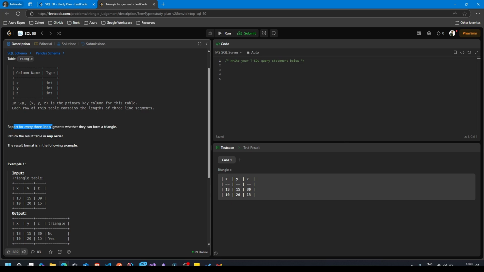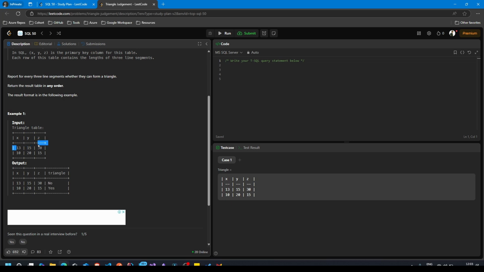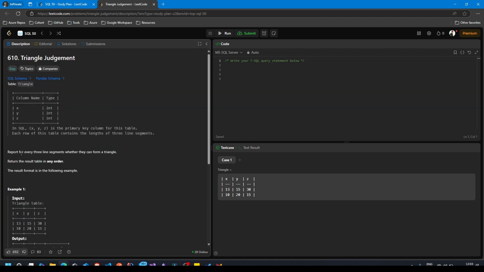Report for every 3 line segments whether they can form a triangle. Return the result table in any order. The result format is in the following example. You have X, Y, Z: 13, 15, 30. Okay, so in this question we are given 3 line segments and we have to check whether they can form